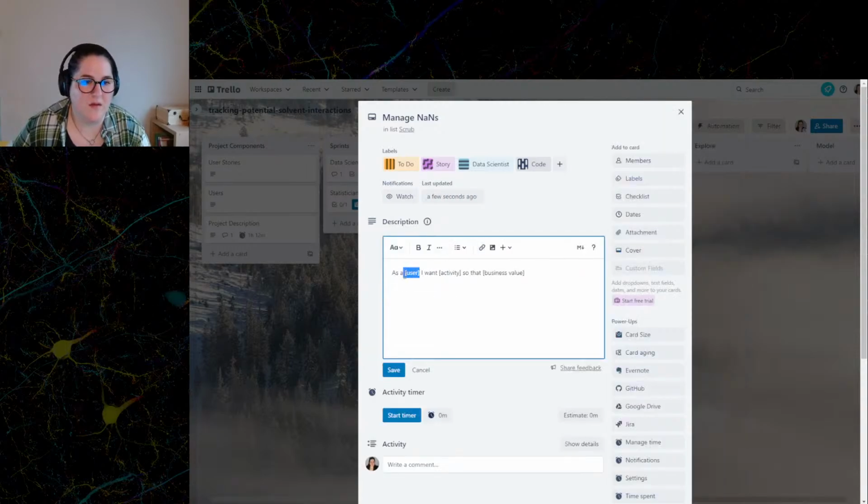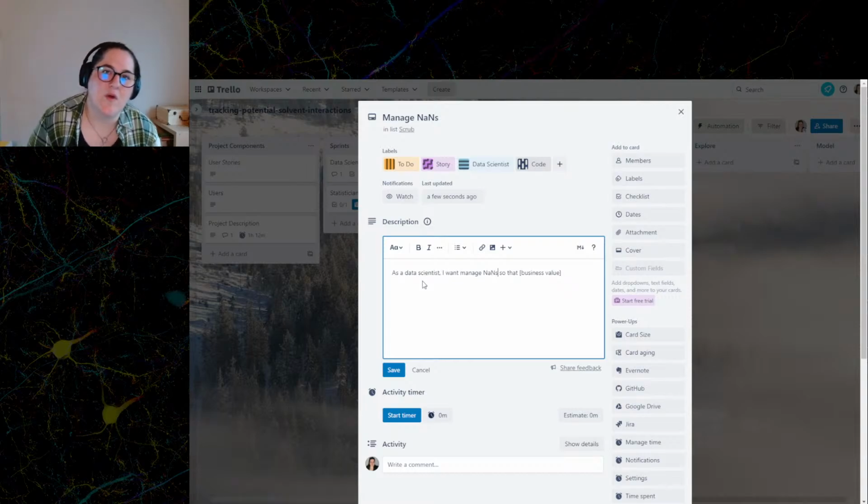As a data scientist, I want to manage NaNs. NaNs are not a number, so sometimes they can appear because raw data has been corrupted in some way, or it's just empty space or something like that. Basically, I want to make sure that in every cell of a data frame, every line of code, every column has no not-a-numbers,